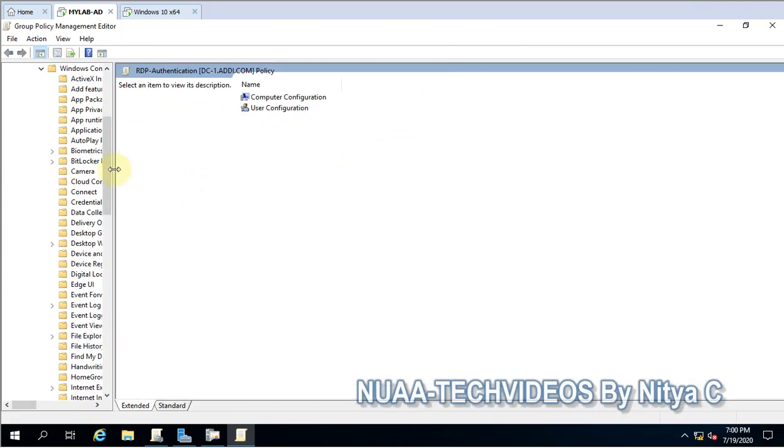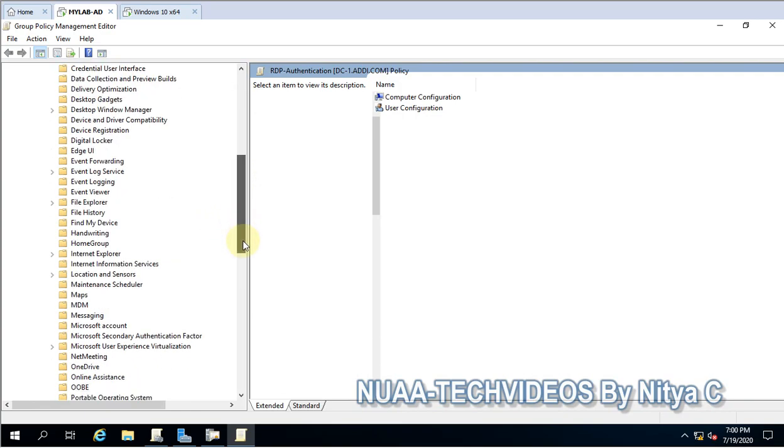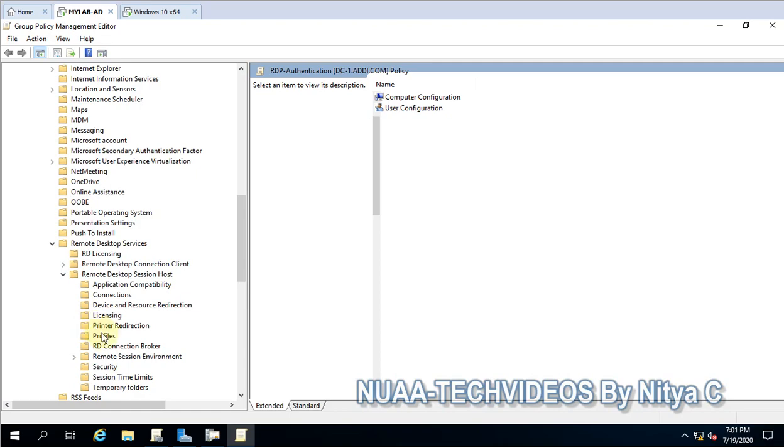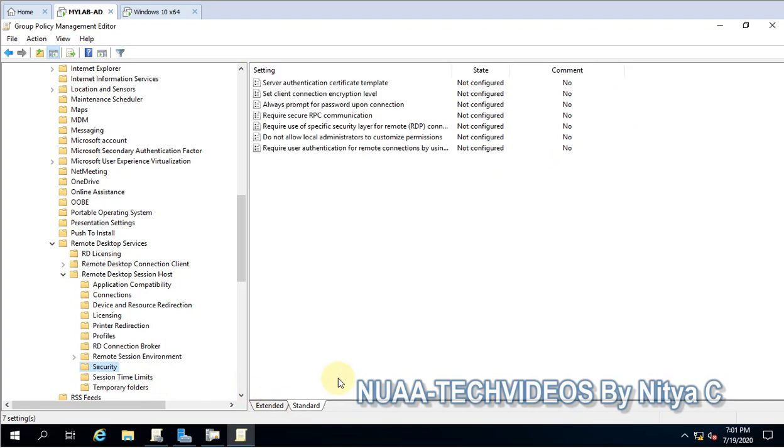Let me maximize so that you can see the correct path, and then here we have to look for remote desktop services and remote desktop session host, and then here security. So this is the path. Let me make it standard. So we have to configure the template.